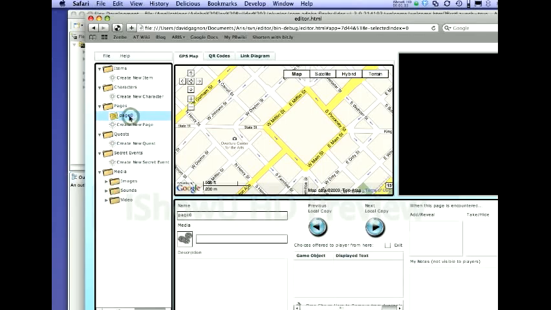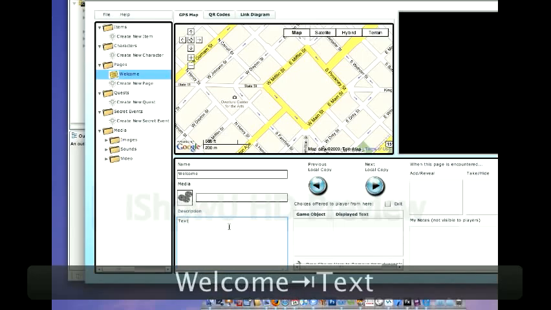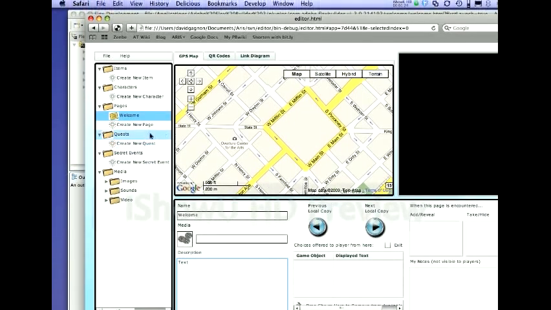So they'd click Create New Page, and it creates a thing called Page 0. And then we would just type in what it is, so maybe welcome. And the same way we'd do a description, so some text here. And we've created that thing right now, and we can just drag it out to wherever we want it and